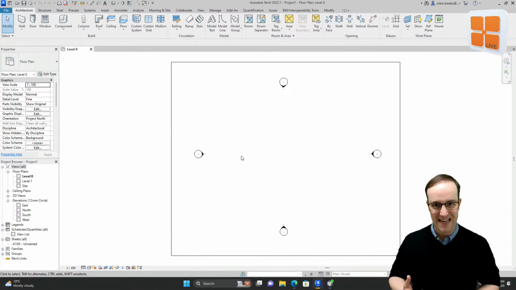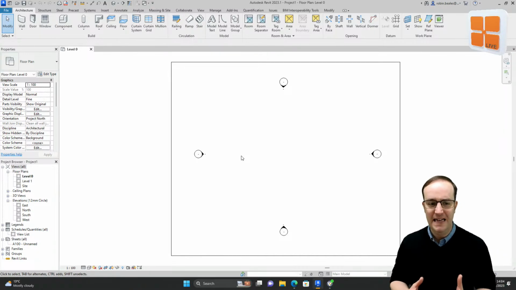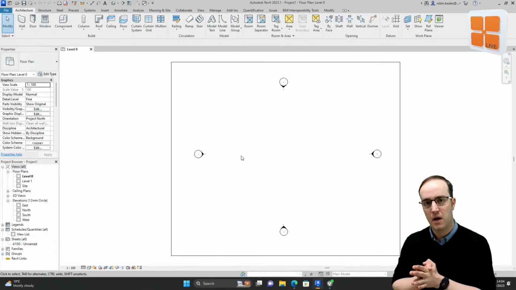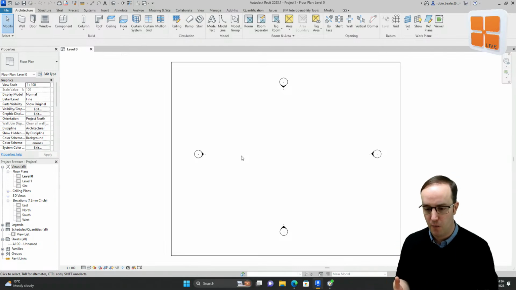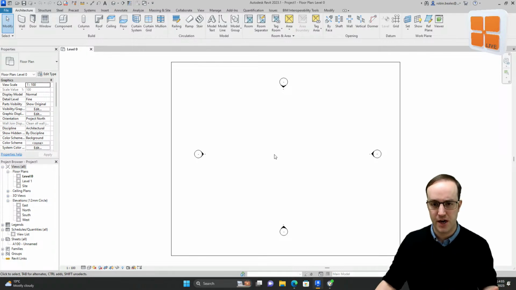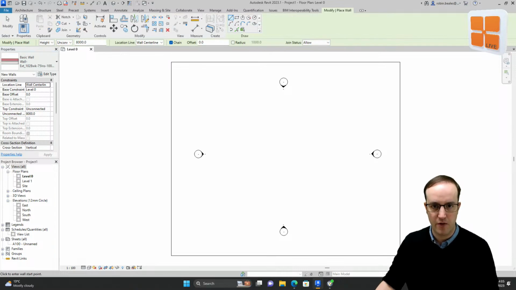So let's start with phasing in Revit. What phasing does in Revit is it allows you to control what's visible and what's not visible on your floor plans. Think of it a little bit like a view filter, but to be able to control different stages of a project. So if I just start by placing down some really simple geometry, let's just place a rectangular